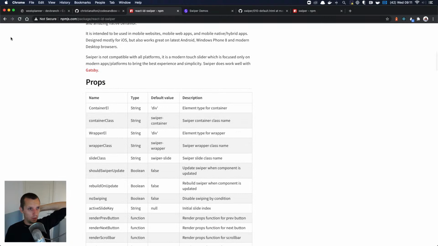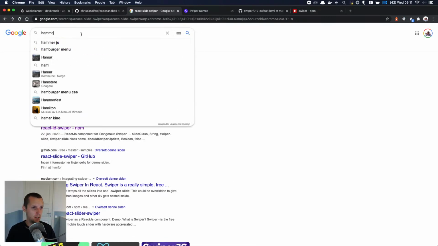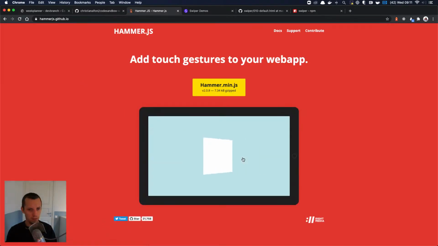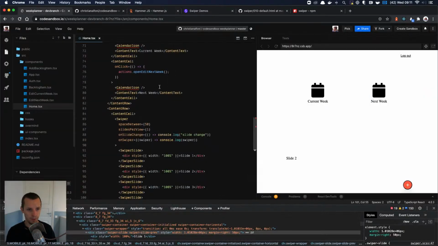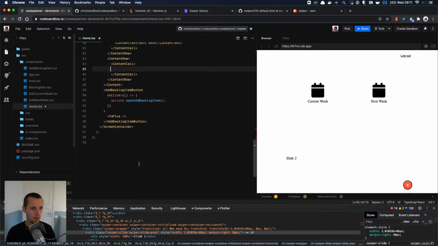You know what we're going to do? We're going to use Hammer.js. And then we're going to do this ourselves, because it's not that difficult. And then it actually works the way I want it to work. So we can do that next time. Let's remove this thing.